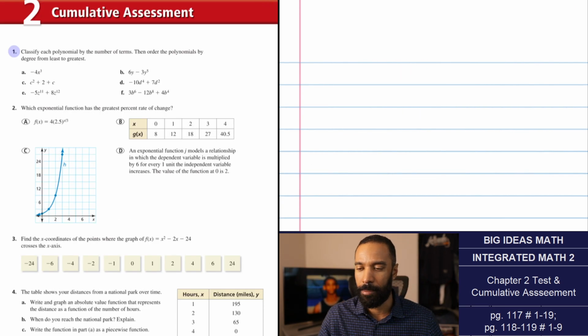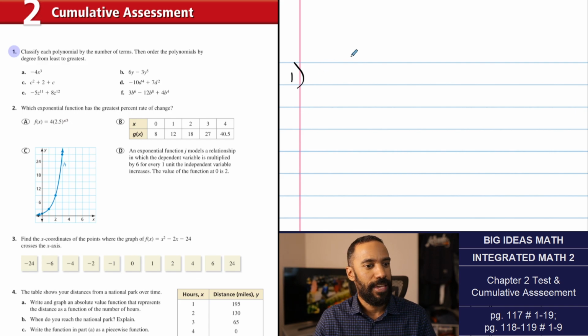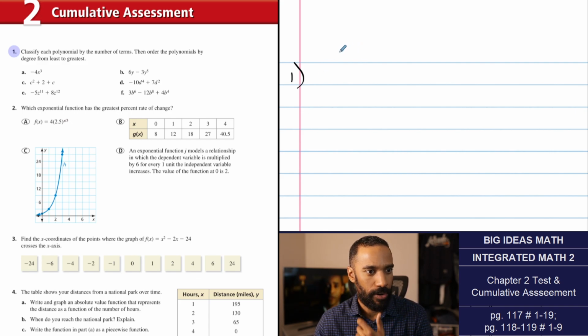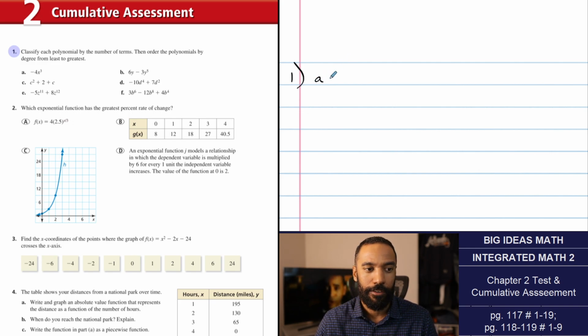So let's see what we have here. Number 1. Classify each polynomial by the number of terms, then order the polynomial by degree from least to greatest. Okay. So on this one, for whatever reason, they want you to write in reverse standard form. So for this here,